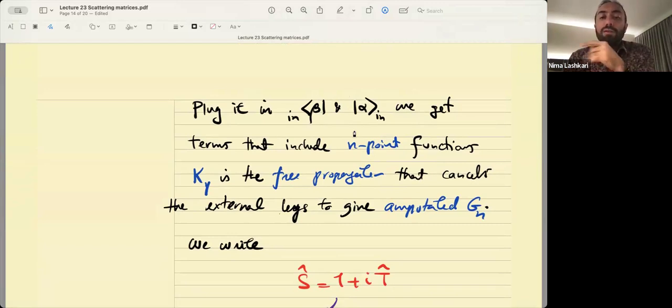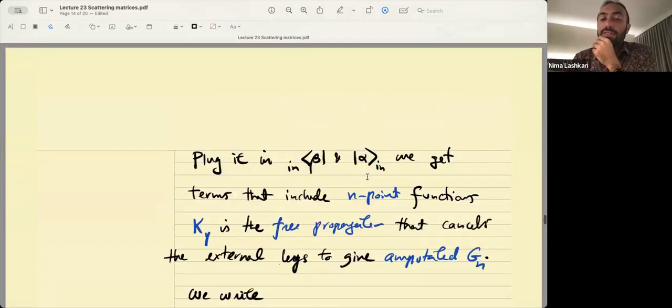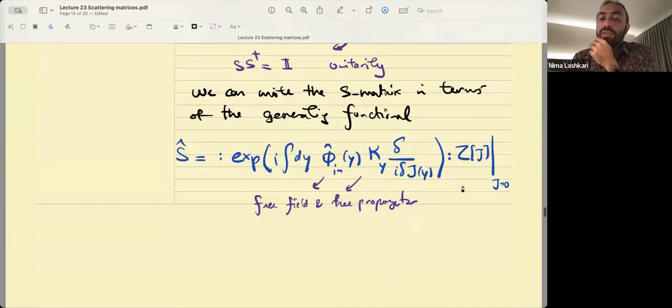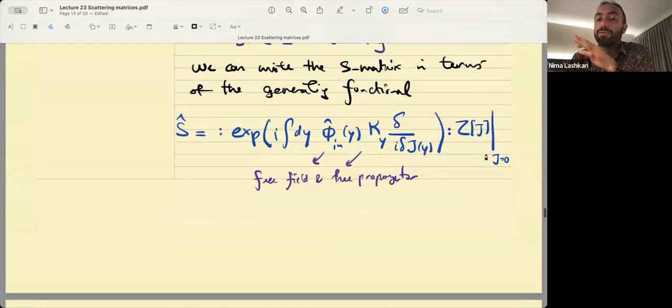Yeah, this is what we said. At this point I think it's a little bit formal. We're going to come back to this and discuss it. But basically this is going to be an operator that acts on the generating function and will give you the S matrix. Just recall that given Z of J, the generating function, we can also calculate the correlators